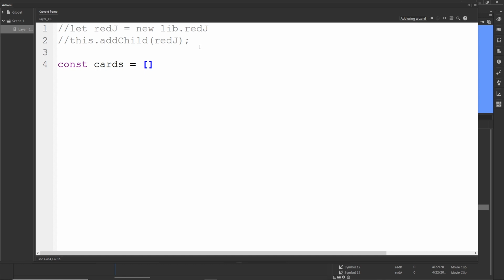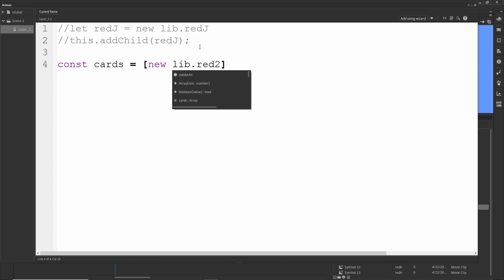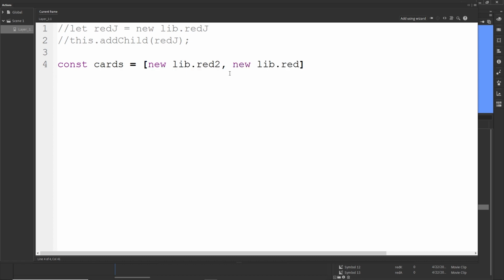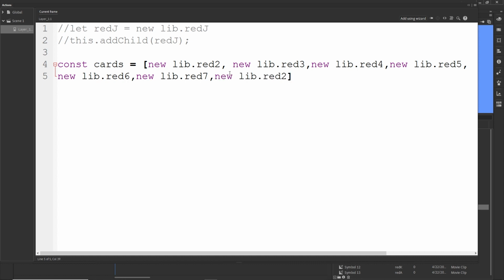And in here I am going to very simply type new lib red 2, comma, and then I'm going to copy this, Ctrl C, and I'm going to put it like so, new library red number 3. And basically right now I will have to put all of the cards in here. Maybe there are better approaches how you can get things from the library, but this is how I would do it, like so. This is number 9, this is number 10,